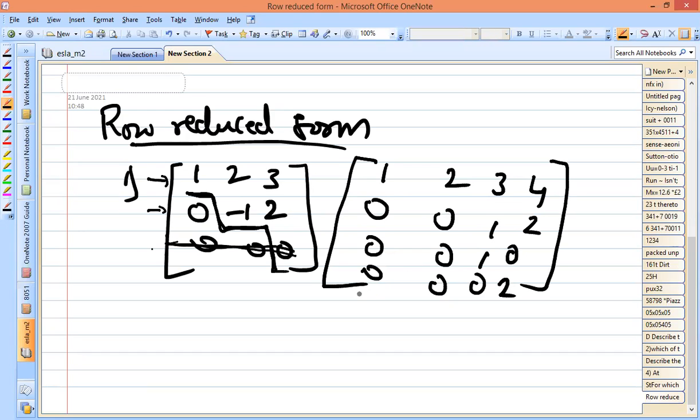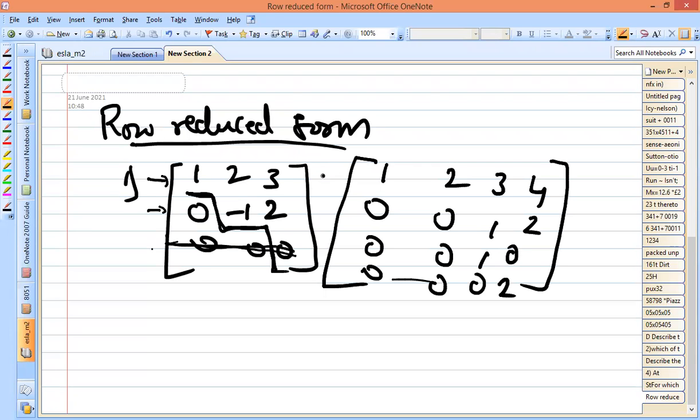In this, I am assuming that this is a row reduced form. But you can see that it does not contain a row of zeros at the bottom. Rows of zeros may be present in the last row, or in the continuous third row, second row, and so on, but rows of zeros should be present at the bottom. So here the first condition itself fails. And the second condition is that it should follow a staircase pattern of the first non-zero entry in each row.